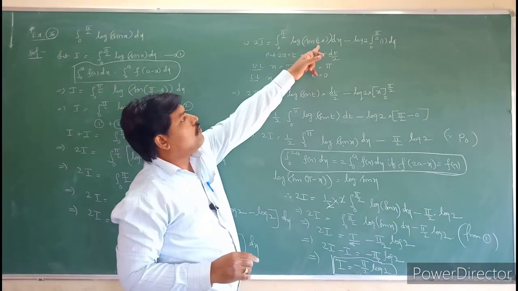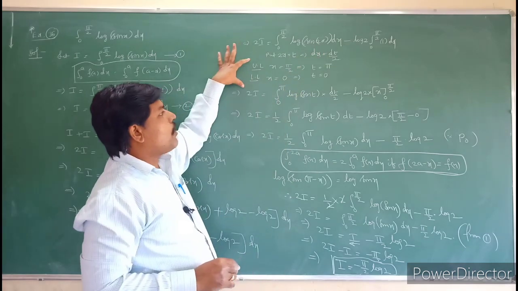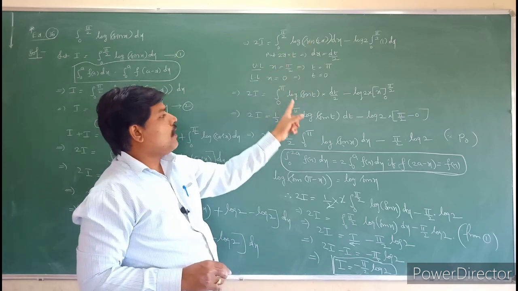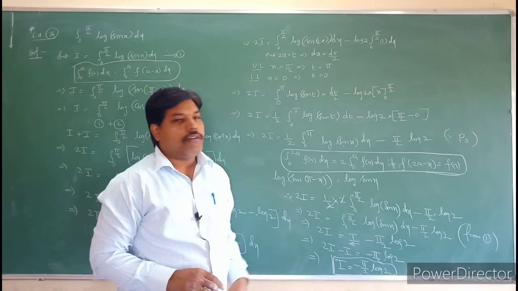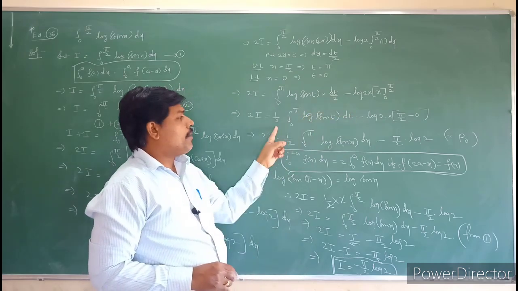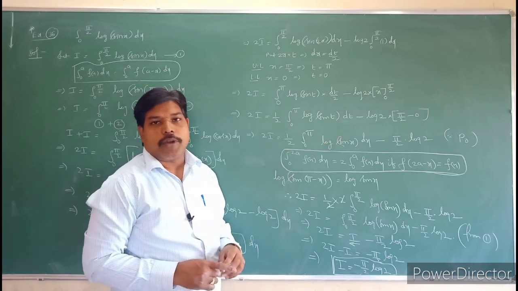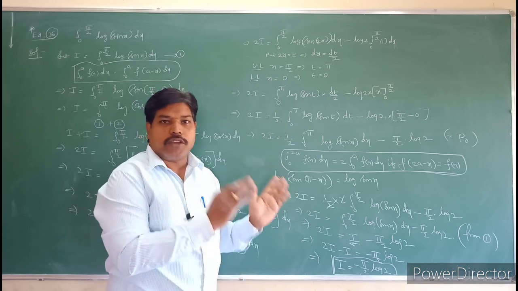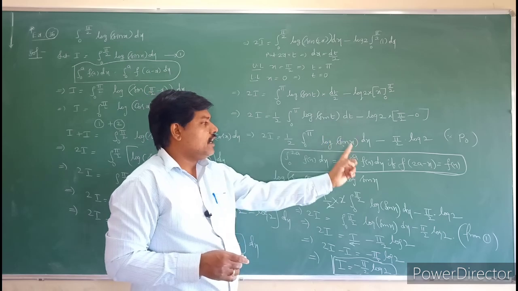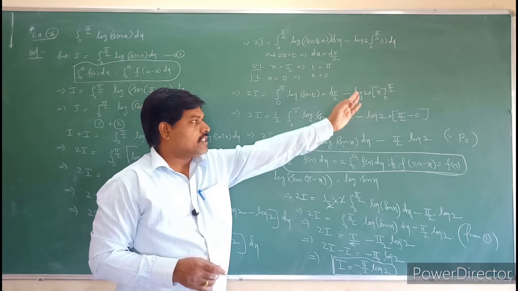So this value, you have to change: 2x is equal to t, then dx is equal to dt by 2, and change the upper limit and the lower limit also. It will become 0 to pi. So integral 0 to pi of log of sin t dt by 2 minus log of 2 times, apply the integration, you will get x. Here take this 1 by 2 out, it will become log of sin t dt. In the property, in the place of t and dt you can write x and dx. So log of sin x dx minus pi by 2 times log 2, just apply the limits, you will get pi by 2.